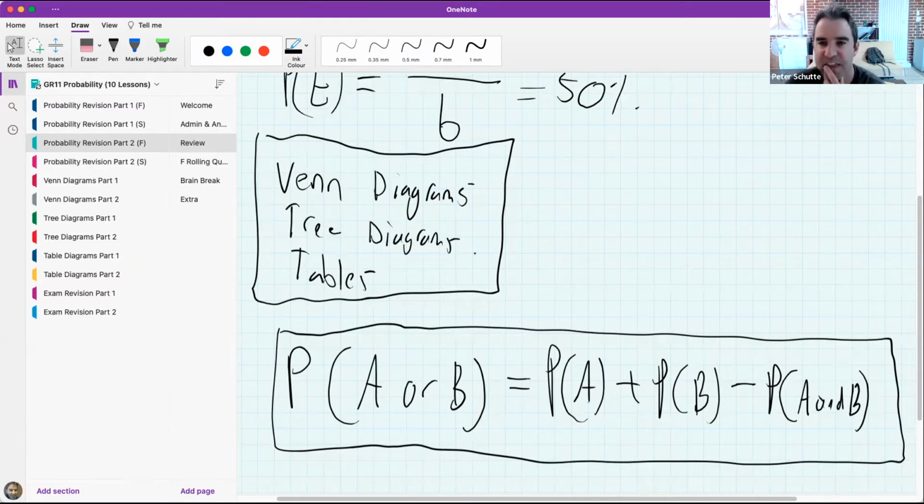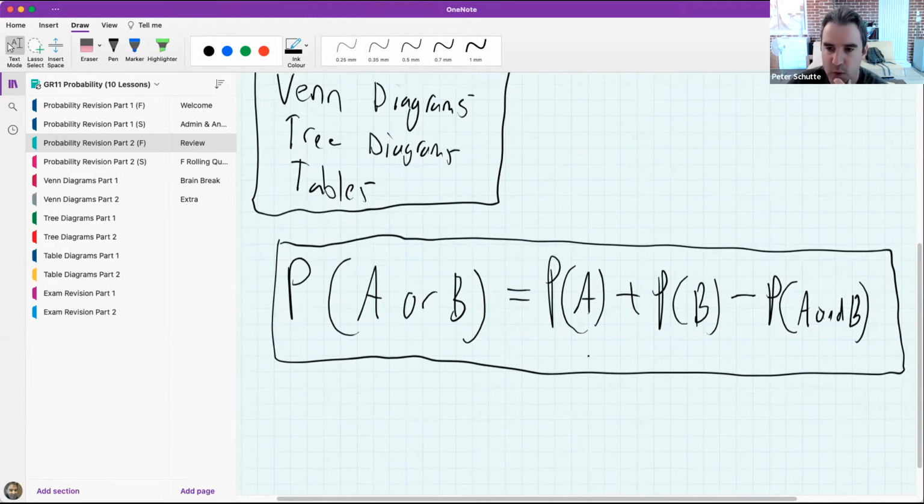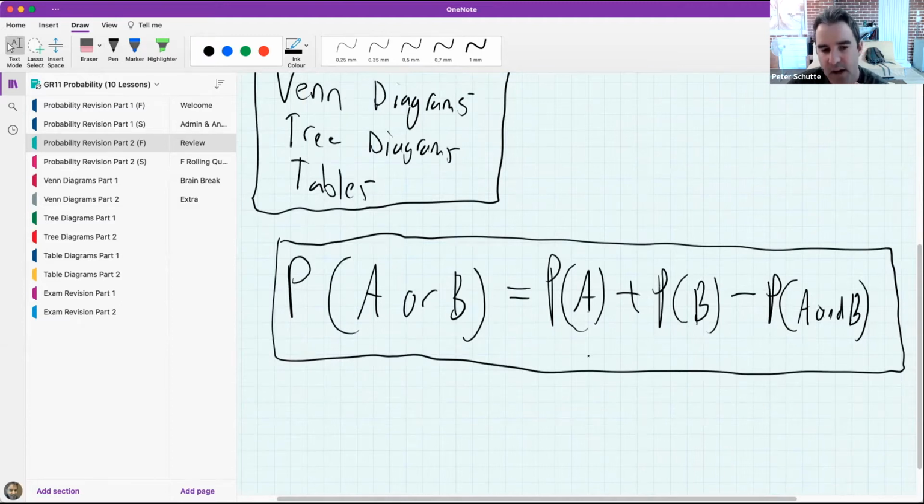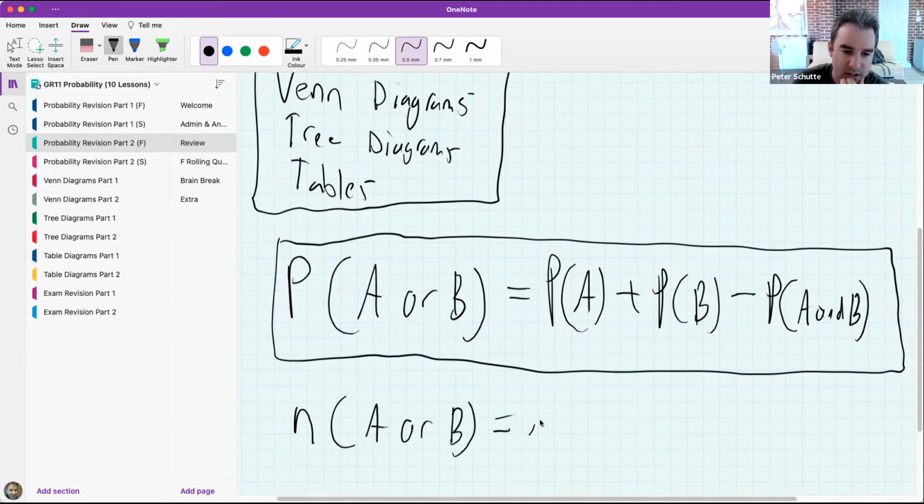Okay, so it's one thing to see it, it's another thing to actually know how to use it. So today we will try and unpack what it actually means in terms of Venn diagrams, because this comes from Venn diagrams. And sometimes it's also written in another form. The other way it's written is the number of items in A or B is equal to the number of items in A